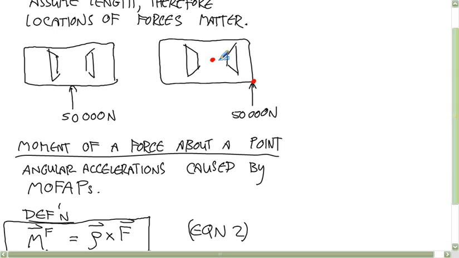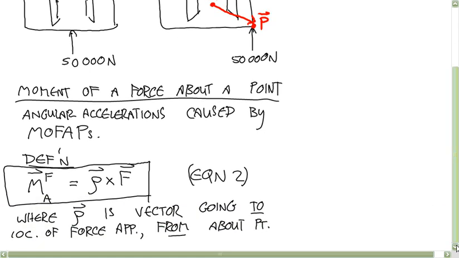And so we're going to take a vector that goes from the about point to the point where the force is applied. If I call this A and this P, someone tell me how you calculate that vector rho. It's P minus A. Right idea, P minus A gives you that vector rho. And in order to calculate these,